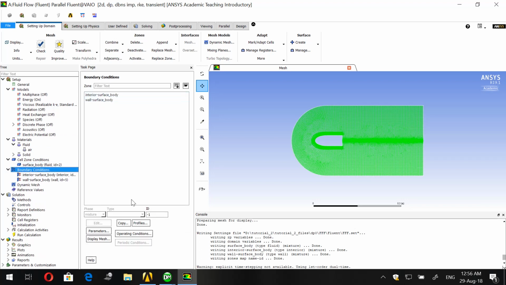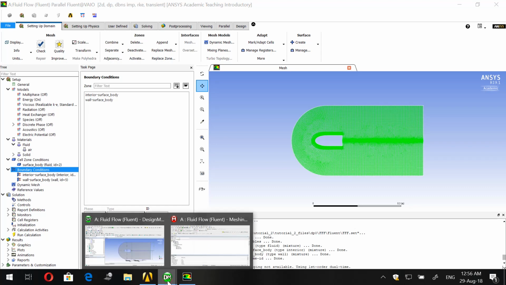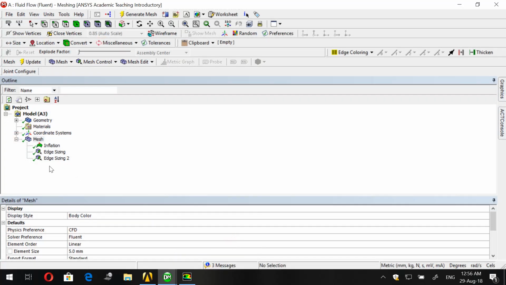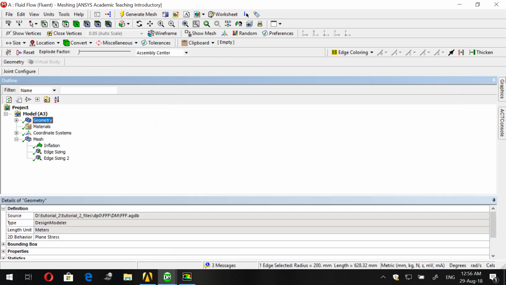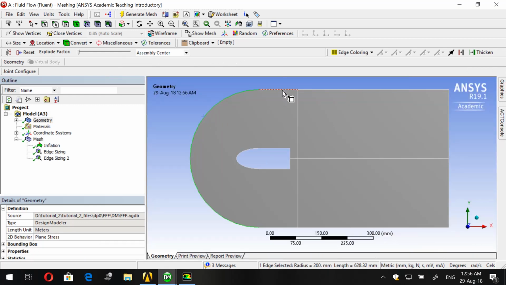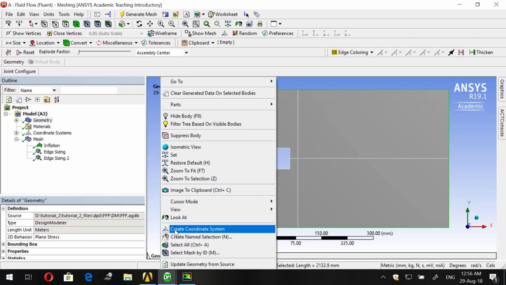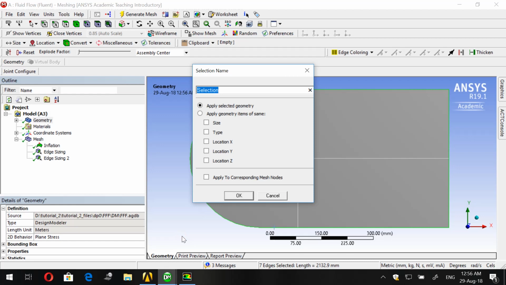conditions. Now what we forgot to do is to name the boundary condition in the mesh phase, so let's do it now. Just click on the geometry, now click on this edge, then start clicking on all the edges. Okay, just the outer edges, the boundaries. And now create name selection and just write pressure far field,